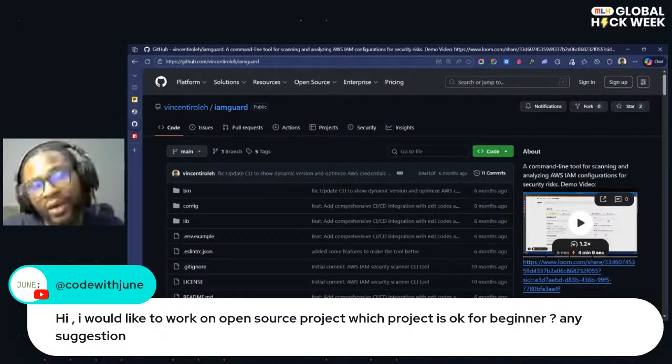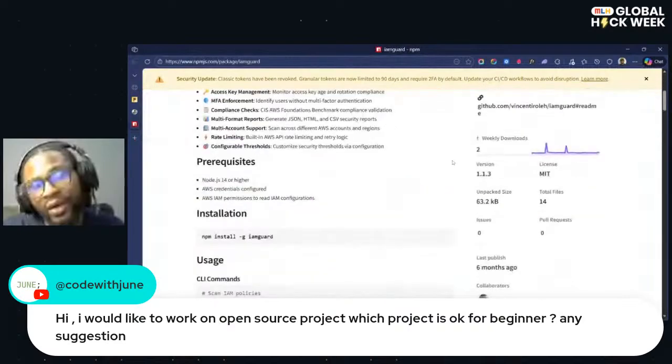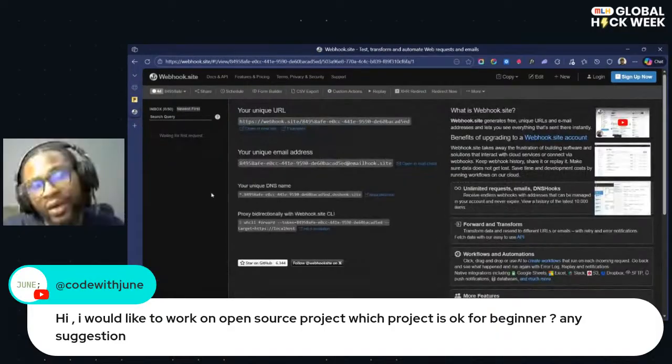Open source projects always come from your personal struggles, and I think a lot of people have used this as well. Like 200 plus people have used the open source project I built, so pretty cool. I think it all comes from your personal struggle, something you see yourself struggling with, or something you see your friends struggling with. You build a solution for it, you open source it. So that's actually how most open source projects were built.